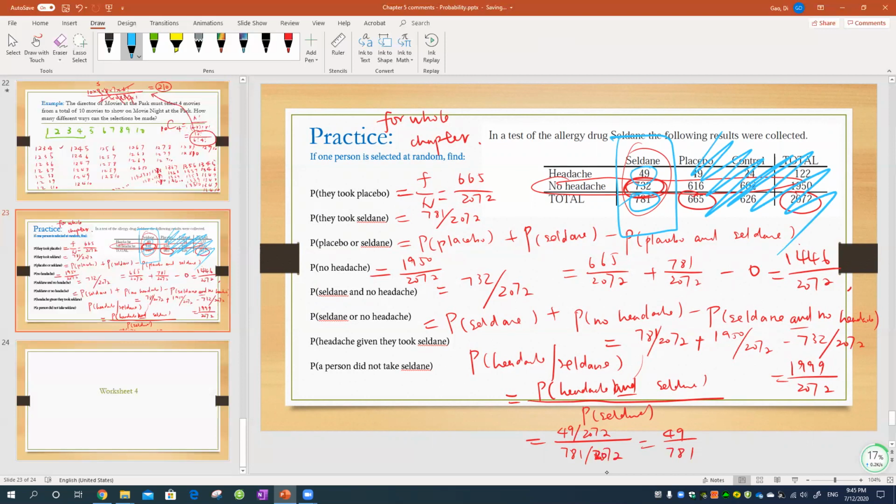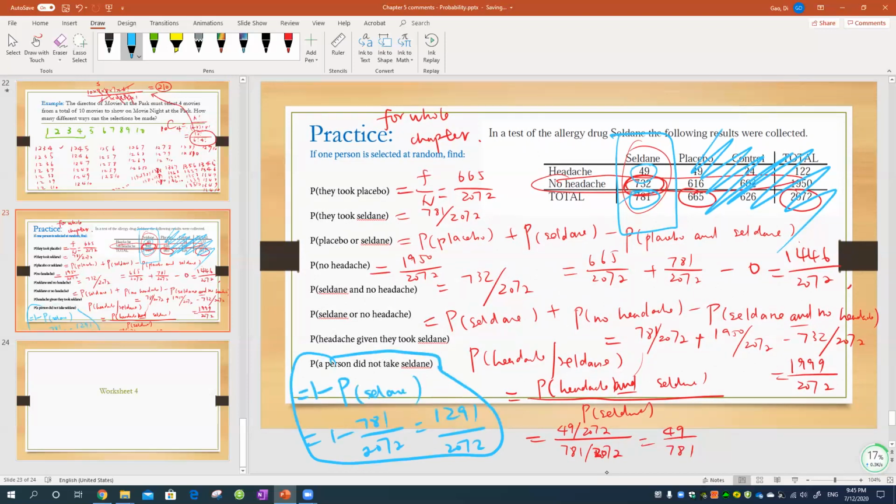Now, a person did not take Seldane. So this is the complementation rule. It equals 1 minus the probability of Seldane. So 1 minus 781 divided by 2072, which is 1291 over 2072. Complementation rule. Okay, that's all for